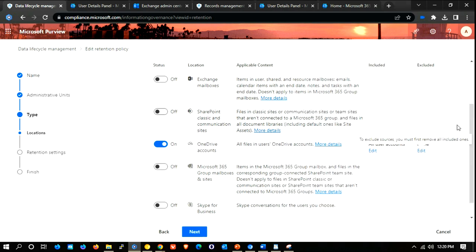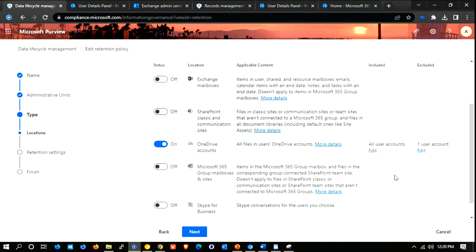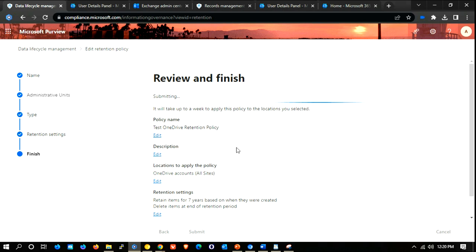If I click done, you will notice it's not there. You see the difference? So we have to make sure once we click edit, paste the URL, and click the plus symbol, we have to make a check mark beside it. Only then is it going to be excluded and added. Else, it will not be there no matter how many times you try. So this way, I have excluded one of the users from the tenant, and we can do the same for our test case where user